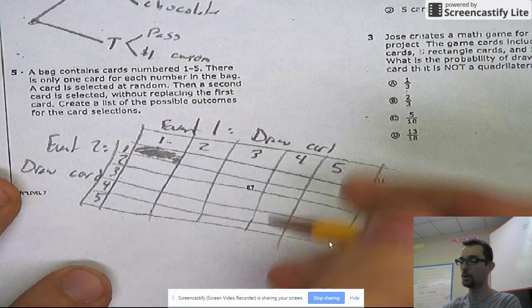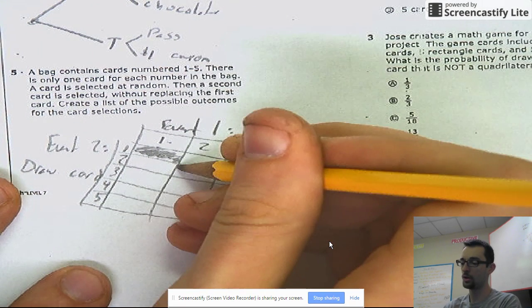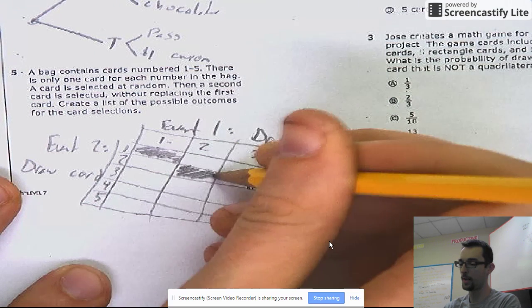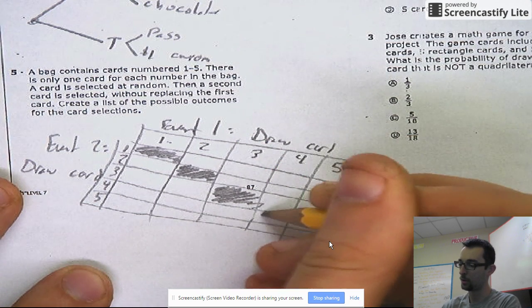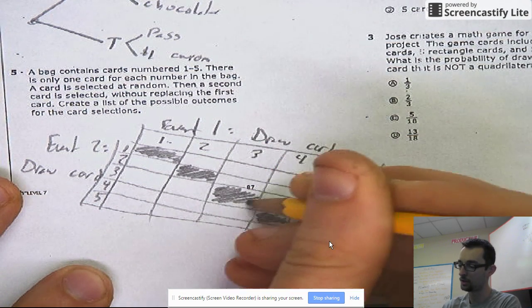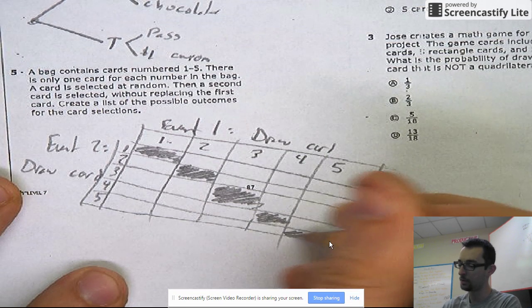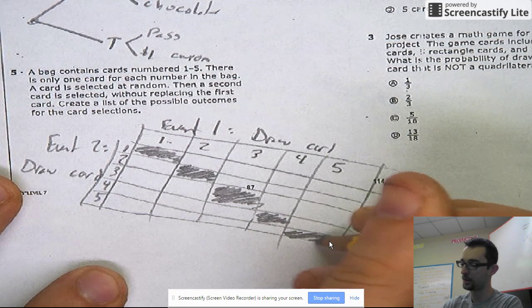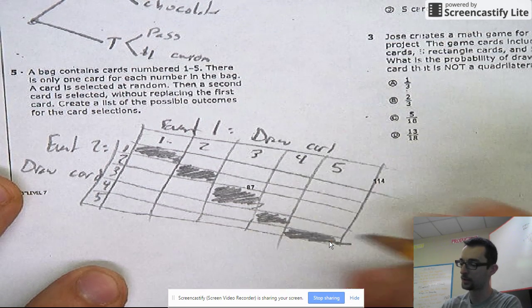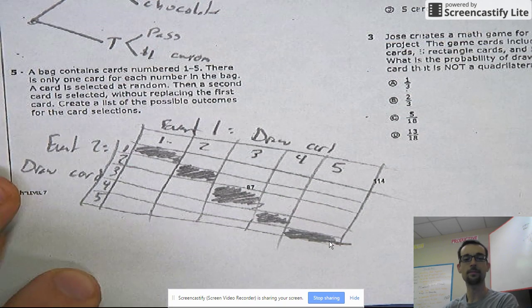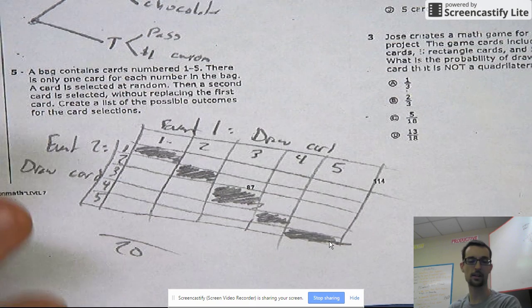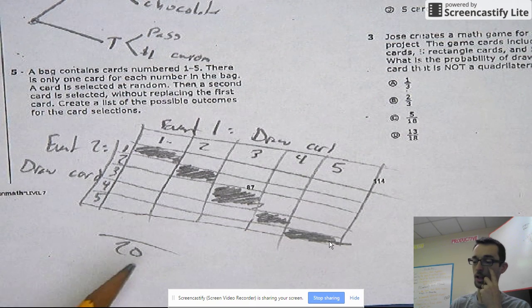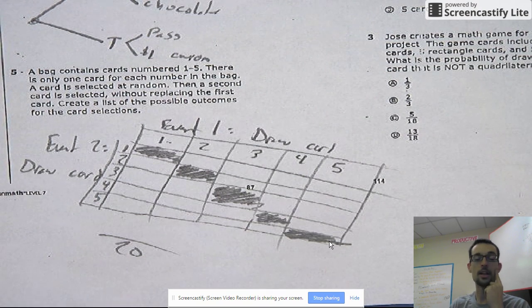And same thing with 2. If you took the 2 out, there's no way you can pick a 2 again. It's not in the bag anymore. And 3 can't be taken out with 3, and 4 can't be taken out. If you take a 4 out, there's no way you can take it out again. And same with the 5. So in actuality, I just took out 5 of these 25 squares. So really, there's only 20 possibilities. Just so you know, in case it asks us to find probability, our sample space has 20